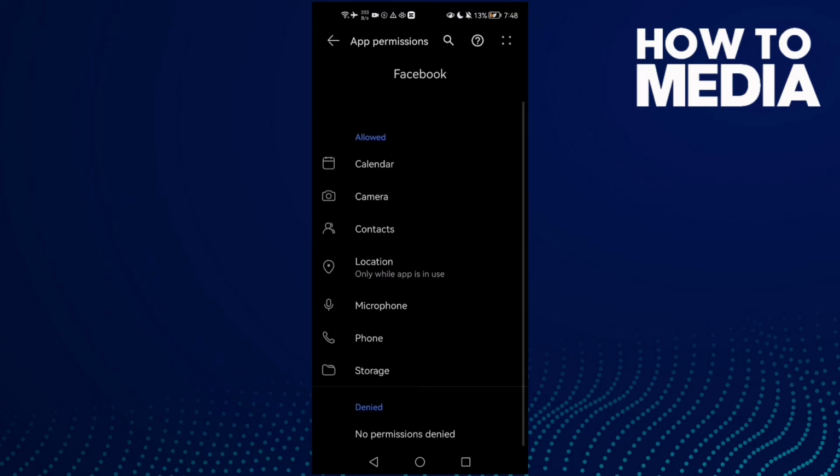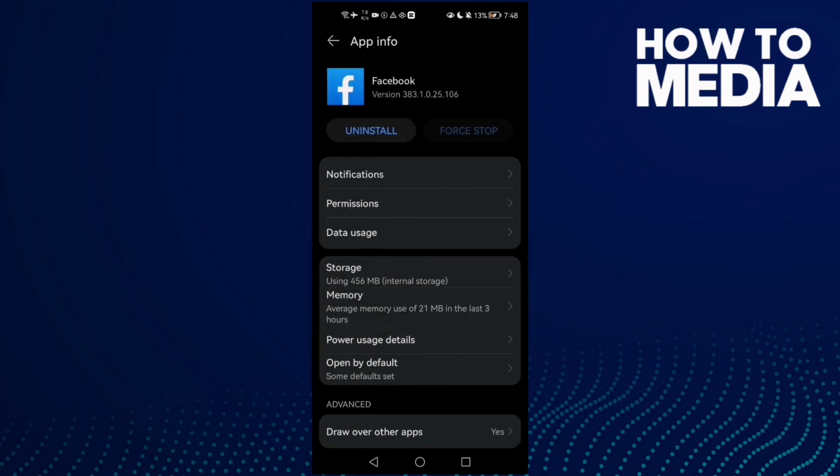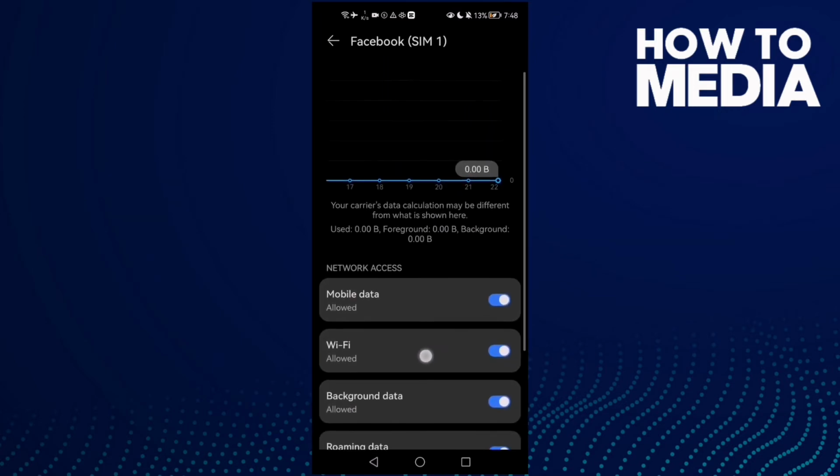enable all of those here: camera, contacts, location, and all of those here. And go to data usage and also enable all of those here,